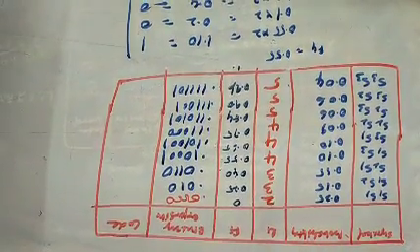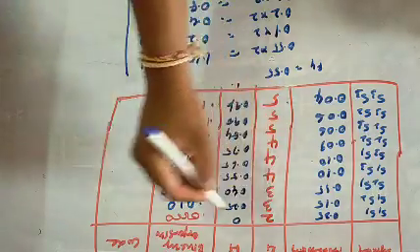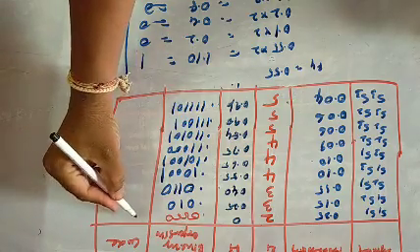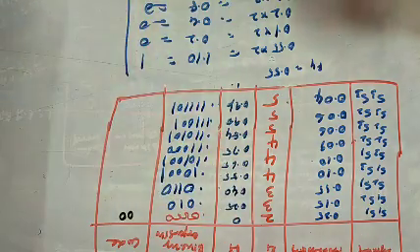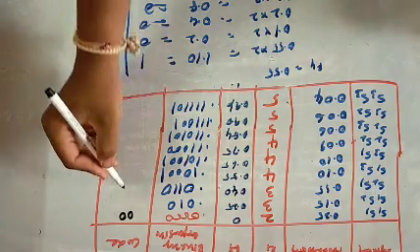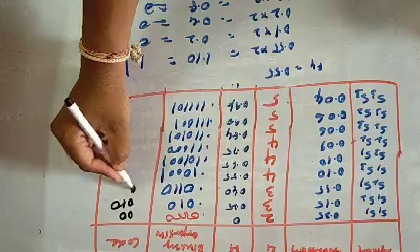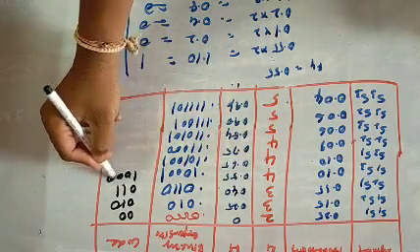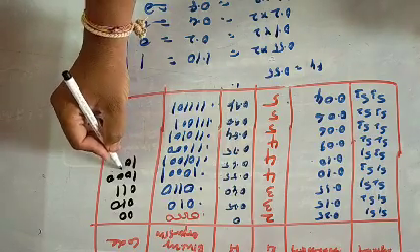See, according to the length of the individual code word, you have to write, and you have to remove the decimal point. Okay, and this is the only length is 2. So the code word for the symbol 1 is 00. And for symbol 2 is 010. Symbol 3 is also length 3, so 011. Symbol 4 is 4, so 1000. Symbol 5 is also length 4, so 1010.